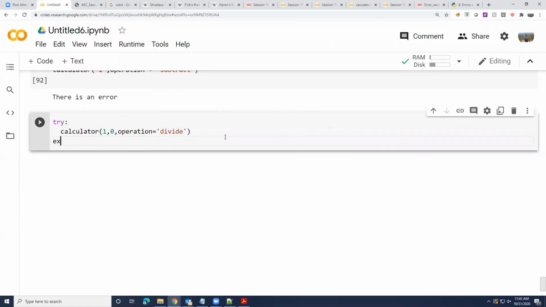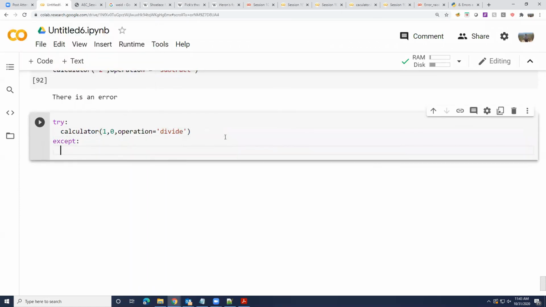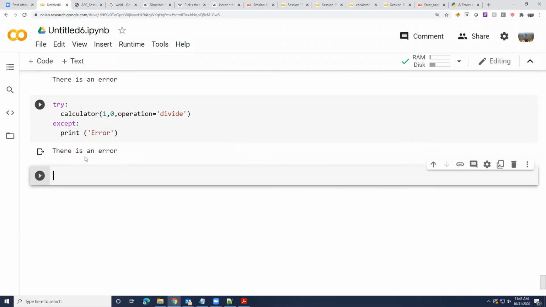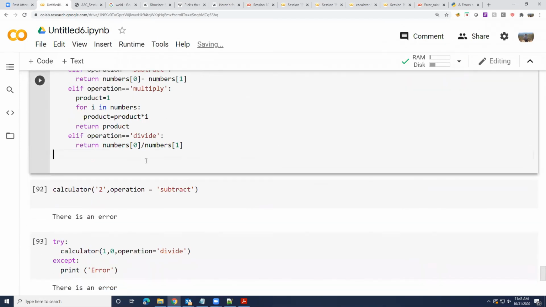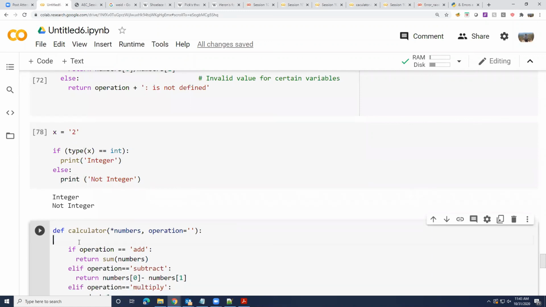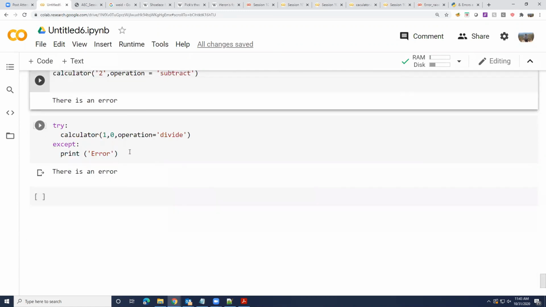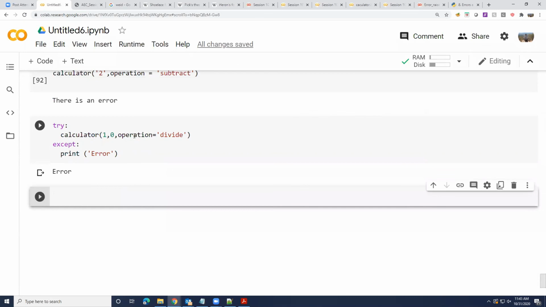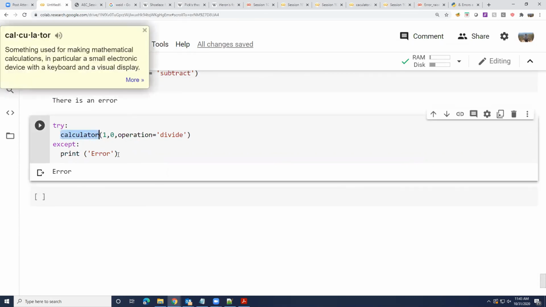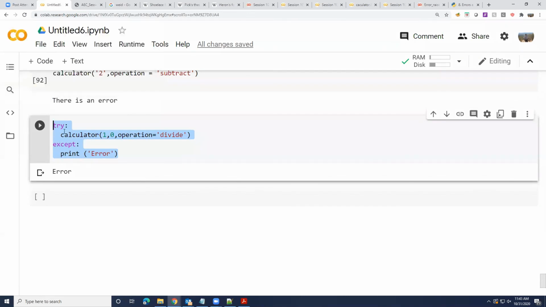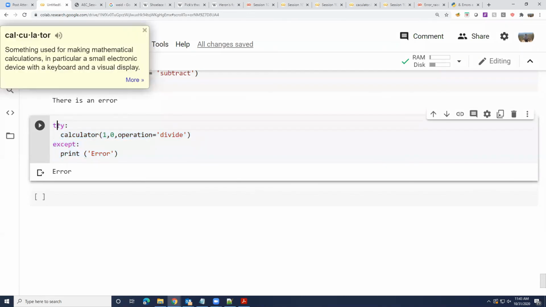And then you can accept and then say print error. If you do this, it just says, oh, actually it even said there is an error because I already caught the error here, but let's remove this try catch here and then just try it with this. So even if I don't have a try catch inside my function, if I call my function with a try except, so I'm trying to call it to get an answer.